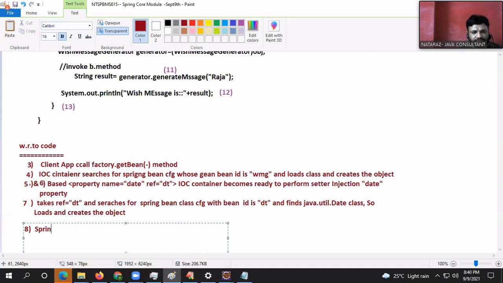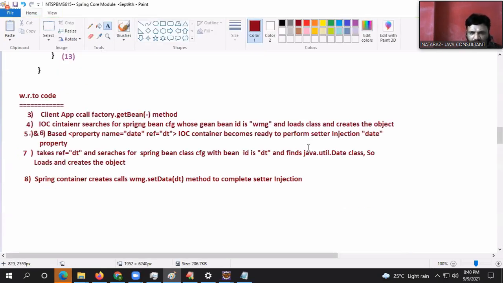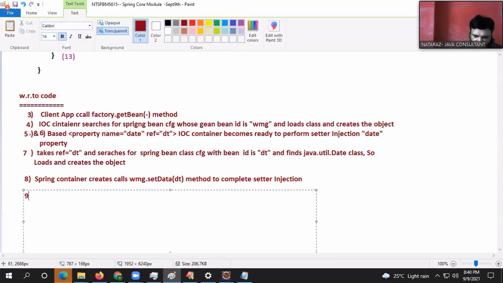Spring container calls the WishMessageGenerator.setDate of dt method to complete setter injection. Number 9. Spring container returns, or factory.getBean method returns